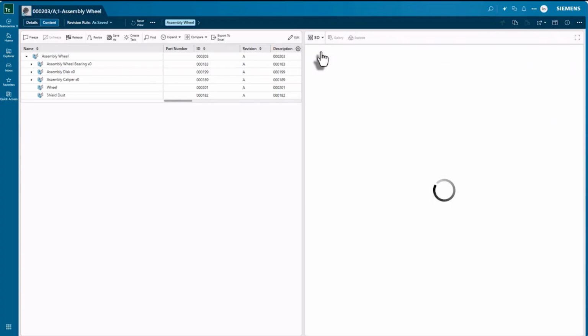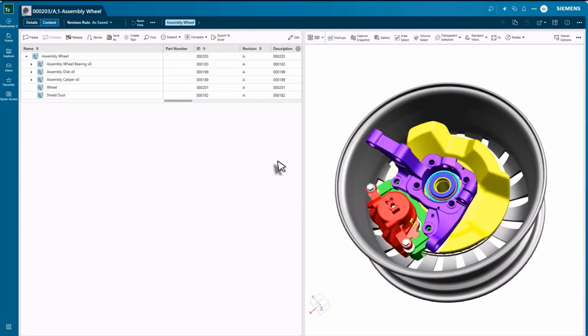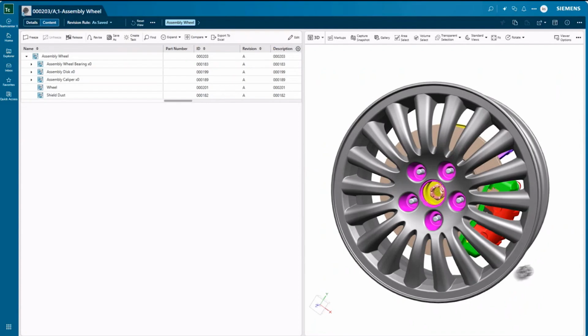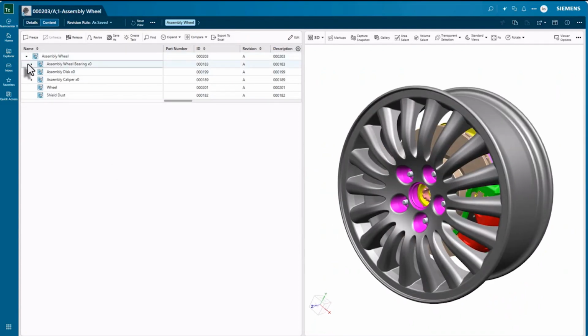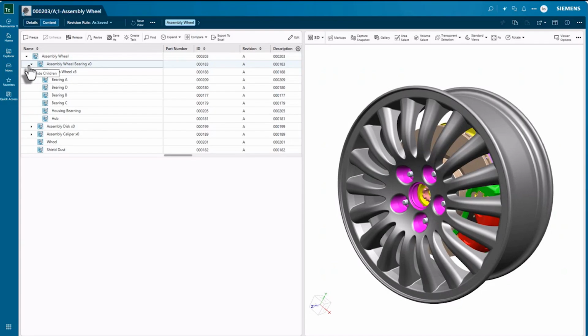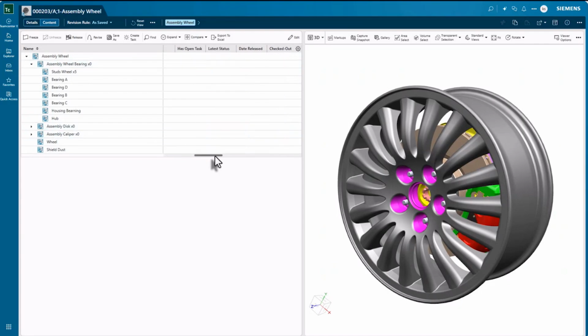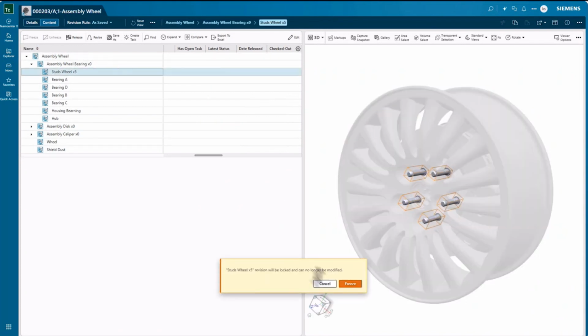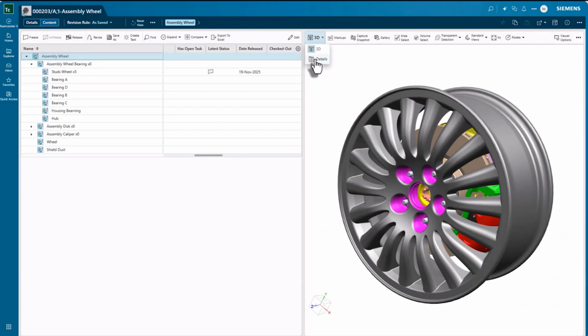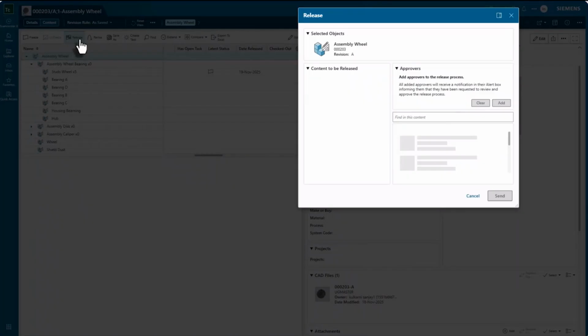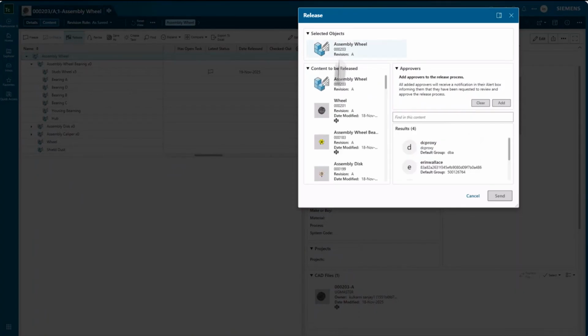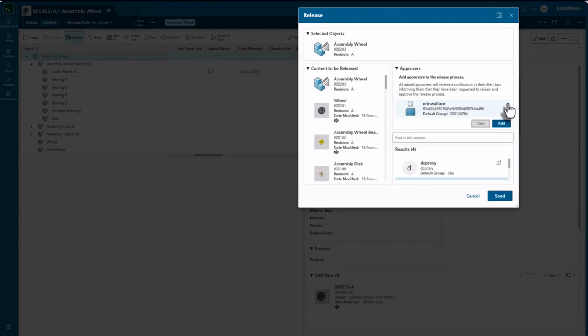With this new release process, you can see in this example, where we have opened a sub-assembly, before release, in case you really want to, you can freeze the design. That means you cannot further modify the design. So using the freeze option, you can set the status as frozen, and similarly the release option allows you, when you select the top level assembly, even the components get selected for the release operation, in which you can define an approver